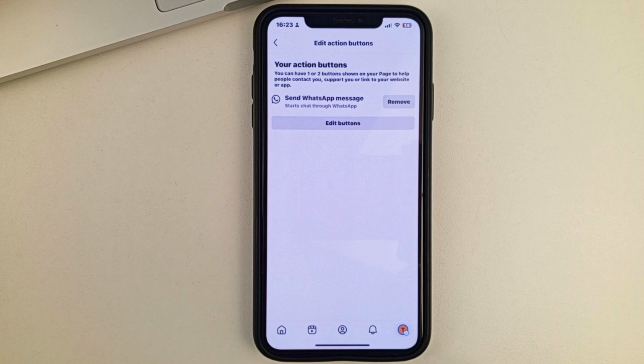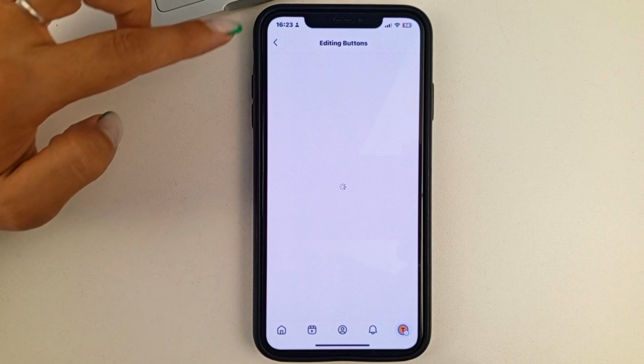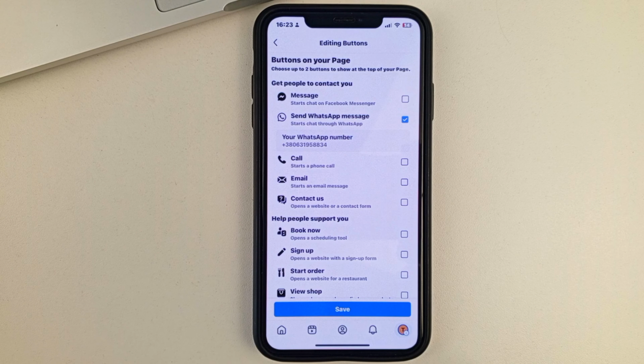But I'll tell you right away that unfortunately it's very rare that you can add 2 contact buttons to a page at once. And if you can do it, that would be great. Usually Facebook only allows 1 contact button. I don't know what that has to do with, but that's the way it is. So choose from the tools provided, the one that suits you best.